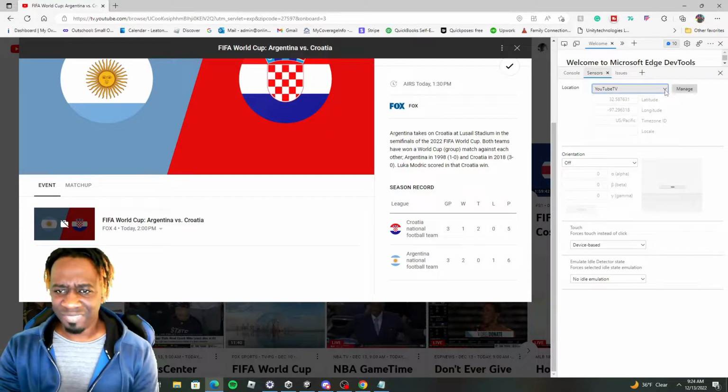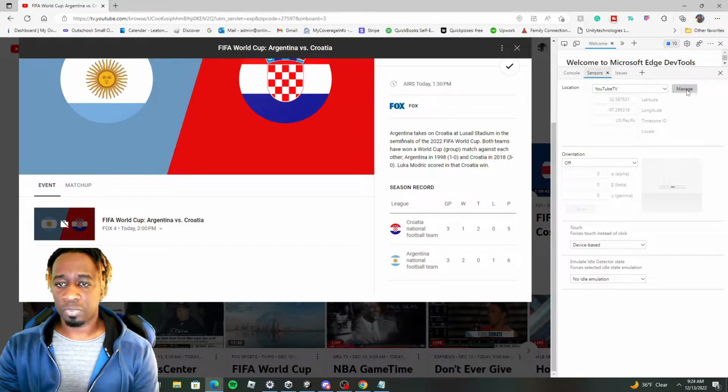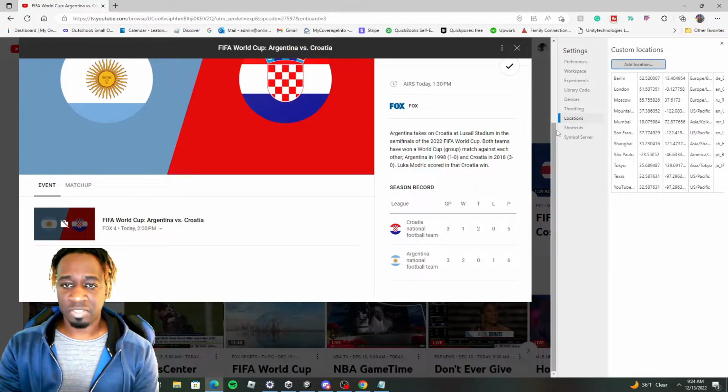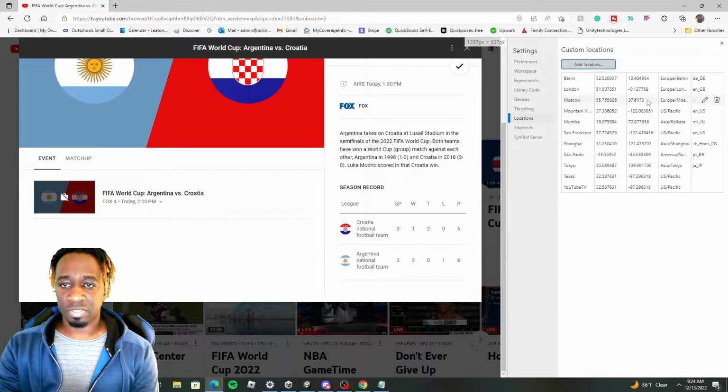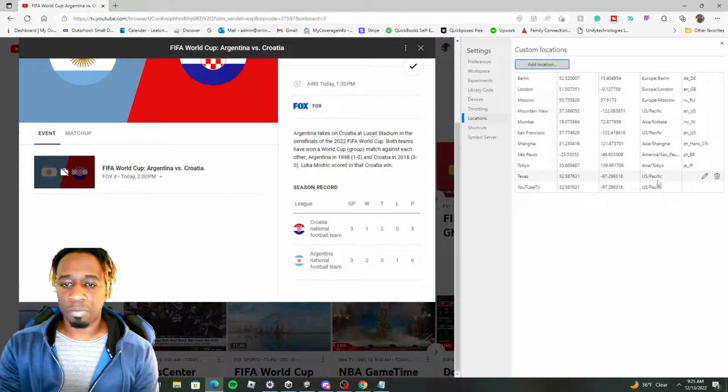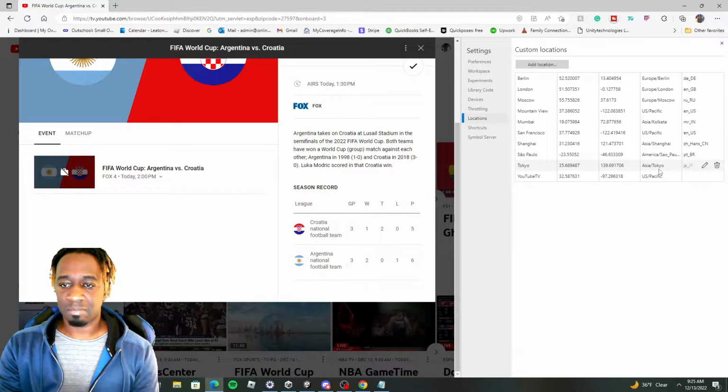Okay, next you go to manage, and in my manage here, there's a couple of other locations with their longitude, latitude, and their time zone. Now the time zone doesn't have to be correct, it simply has to be formatted right. You can see I've already added the Texas one. I'm going to hit delete, and yeah, I'll even delete this one as well.